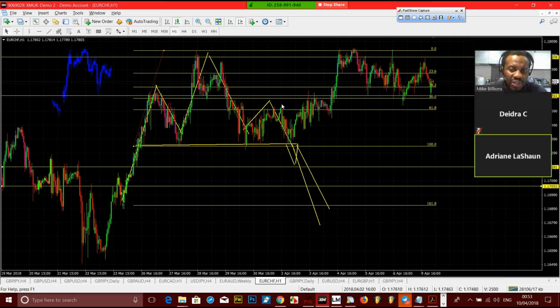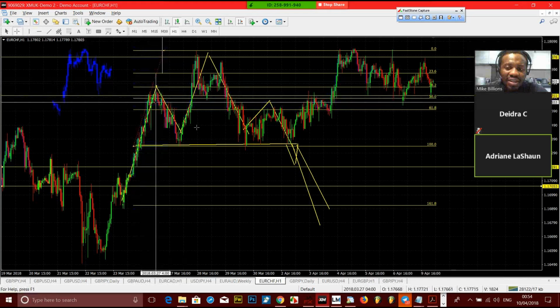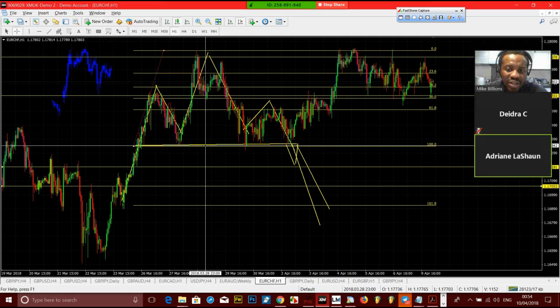But if you must take a head and shoulders trade, before you jump in, ensure that you have this confirmation. The trick with head and shoulders is your stop loss. The safe stop loss is somewhere here, this high. The aggressive one is just here. Head and shoulders are tricky sometimes, because your stop loss is sometimes very large. If you entered a trade at this point, this is what your stop loss would be.